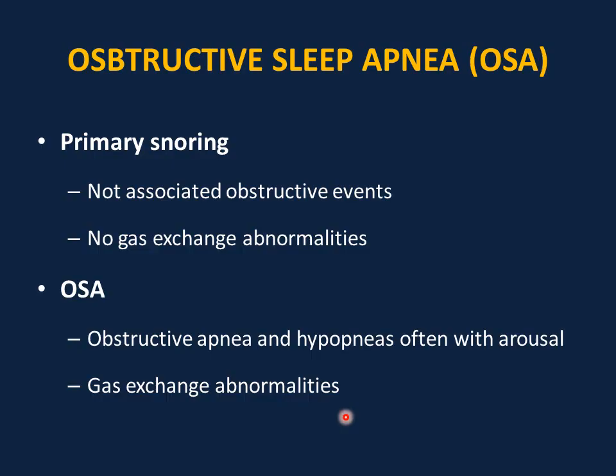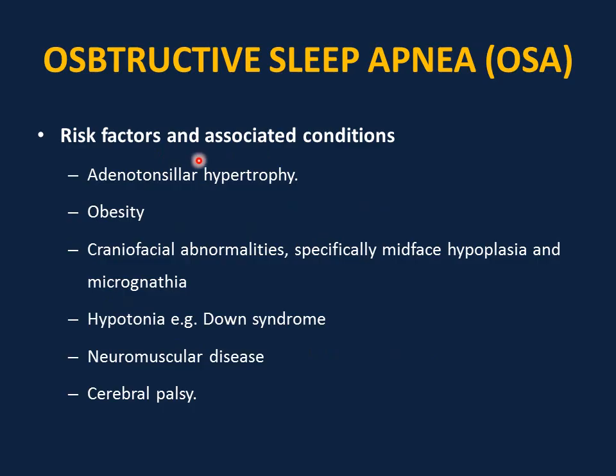So they will have metabolic alkalosis and respiratory acidosis, hypoventilation. This can cause pulmonary hypertension, and if it's not treated or prolonged can be complicated with right-sided heart failure. So it is a serious condition, obstructive sleep apnea. Risk factors and conditions associated with obstructive sleep apnea: adenotonsillar hypertrophy, which is large tonsils and adenoid; obesity, of course;